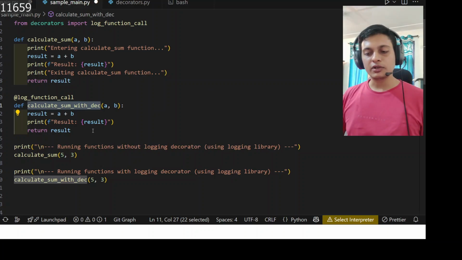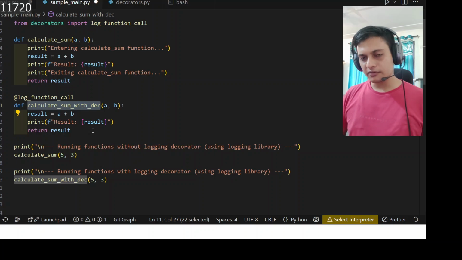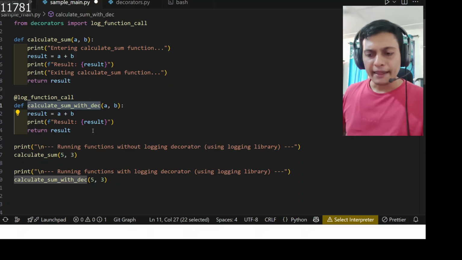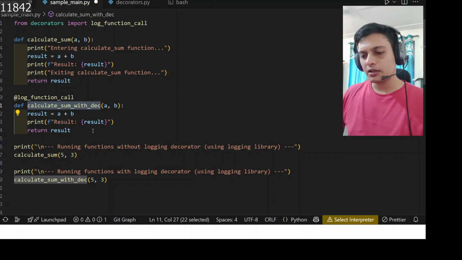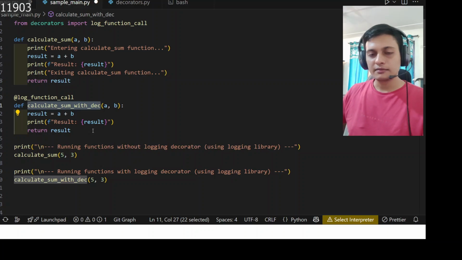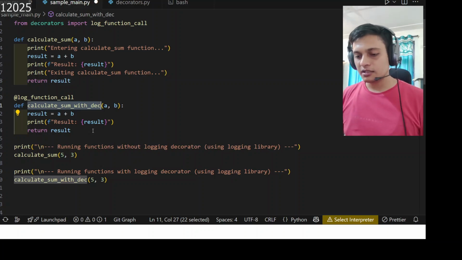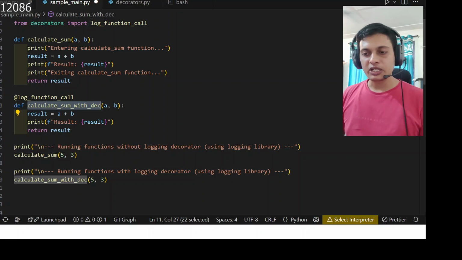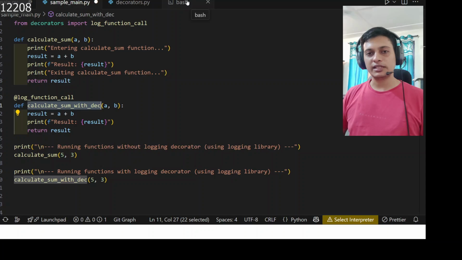All I have to do is to work on my logic. So in this way, I understood, okay, if I use these decorators, they are going to reduce my work. Then it's great. I'm going to use it every time. So let me just execute this particular sample main.py so that I can show you that these both things are